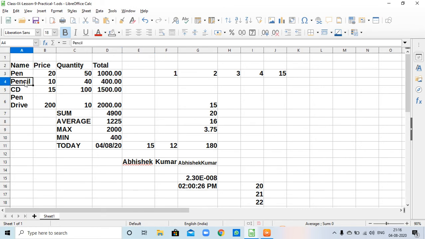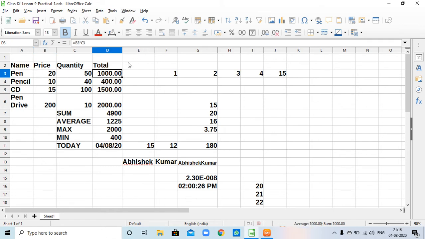Here pen, pencil, it's text matter. It's left aligned, and the numbers 20, 10, 15, are right aligned. Now in numbers, a decimal point is used as a separator for decimal numbers, and comma is used as a separator for numerical values in thousands, hundred thousands, etc. Here decimal is used.